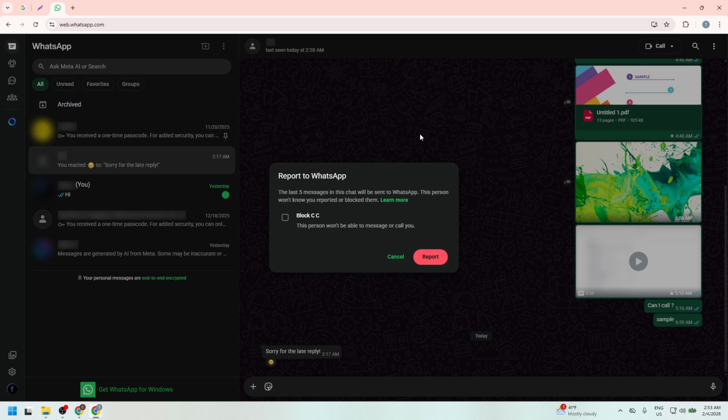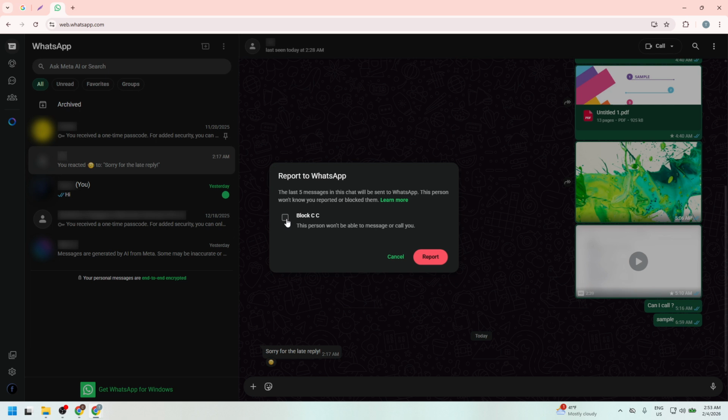In the pop-up, you can choose to just Report or Report and block. Choosing Report will send a report to WhatsApp so they can review recent activity from this chat. Keep in mind that reporting may forward recent messages from the conversation to WhatsApp for safety review. If you still need to keep communication open, maybe to collect evidence or because you expect a resolution, use Report